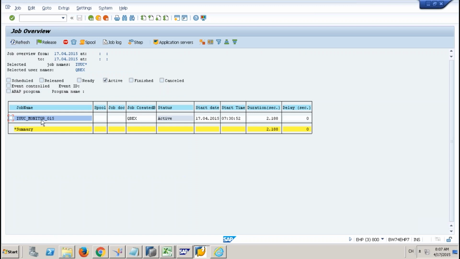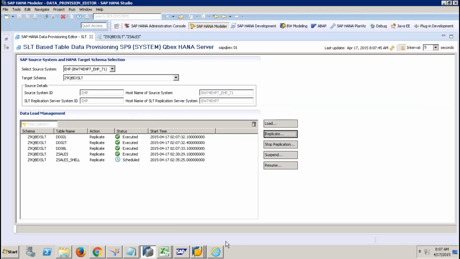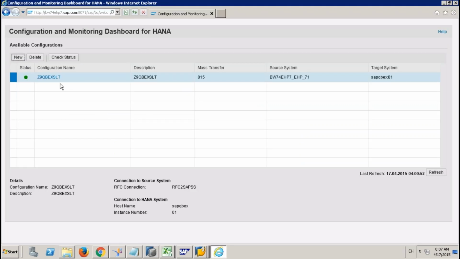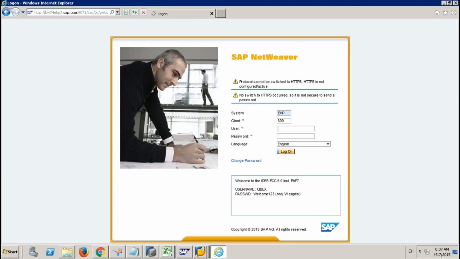So IUC underscore monitor underscore 015 is what we call the master job. This job will be running continuously in the system to check whether any logs have been filled in, and once the logs are there, this master job will start initiating other data transfer jobs to trigger the data transfer. So this is what we call the master job. I know we can stop the job here, but we can also stop the master job from here. If you go to the LTR T code and get into the configuration details,